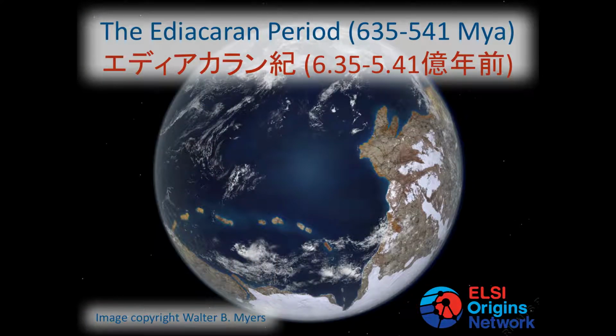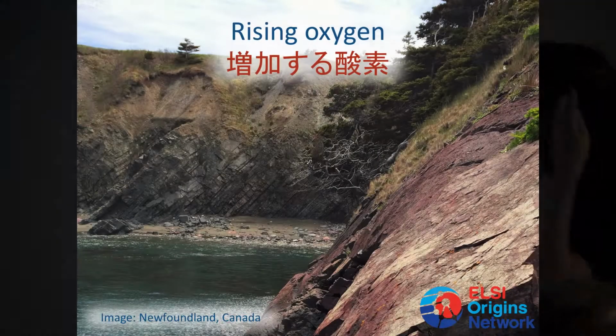At the end of the snowball Earth events, we enter a new geological period, the Ediacaran period, running from 635 million years ago up to the Cambrian boundary at 541 million years ago. During this time, the Earth became more hospitable to animals, with a warmer climate and potentially an increase in the abundance of microorganisms, those microorganisms that produce oxygen as well as food for animals.